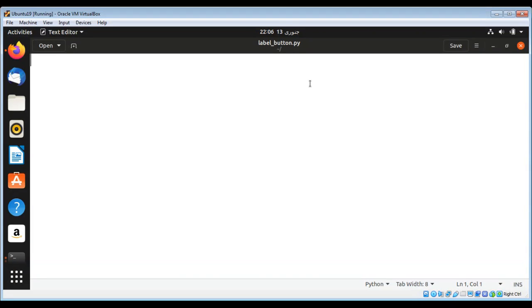In this video, we are going to add a label and a button to our Tkinter application. First, I'm going to import Tkinter as tk, and then we'll create our GUI by calling tk.Tk(). We get the object of Tk, and then I will